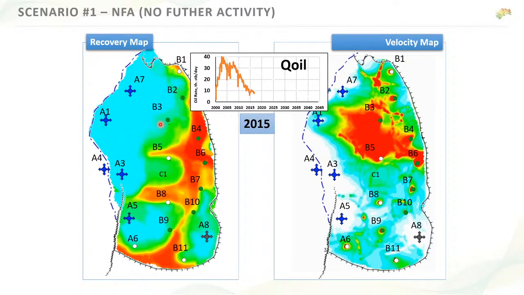So if we look at scenario number one, on the left hand, which is an NFA, or no further activity. This is going to be starting in 2015. On the left hand side, we have the recovery map, and on the right hand side, we have the velocity map. From the recovery map, you can see that we've got fairly good recovery on the upper left side of the field, but on the eastern side, on the southern side, there's still